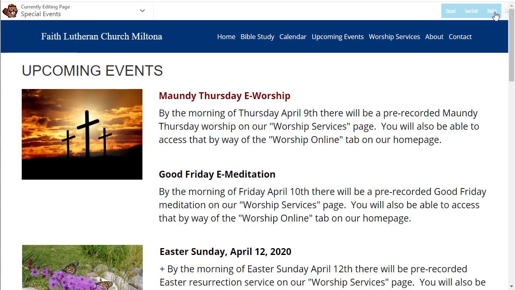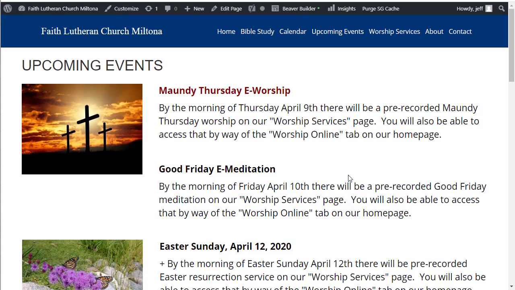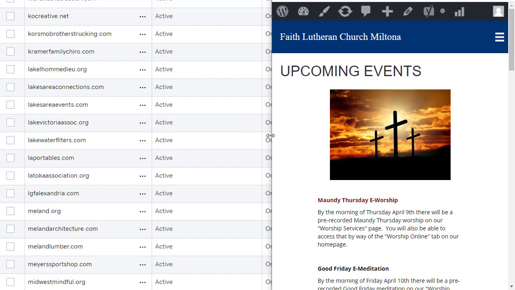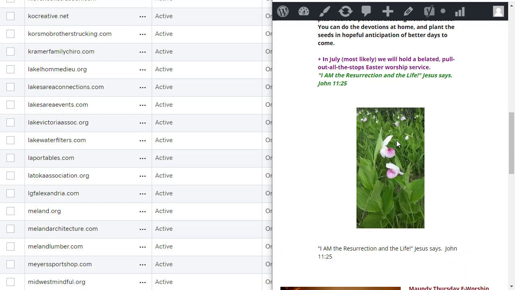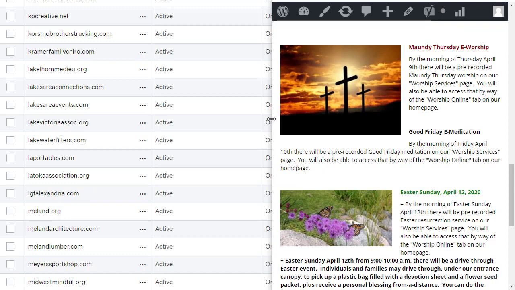Now, let's just say done for now and publish and see what this looks like. So when we narrow it down, the photo is going to be on the top of the text. Whereas down here when we did that,